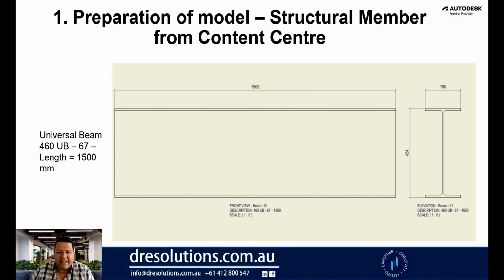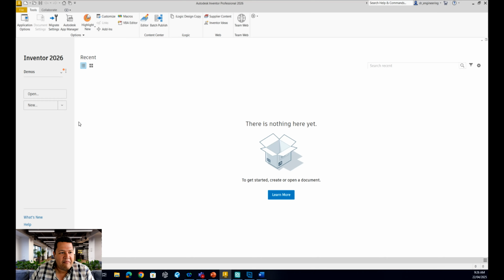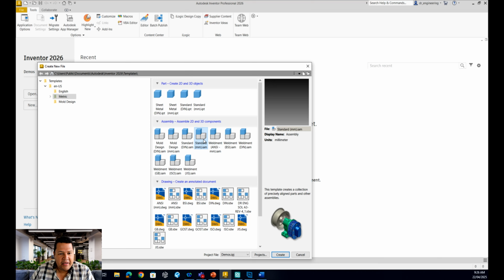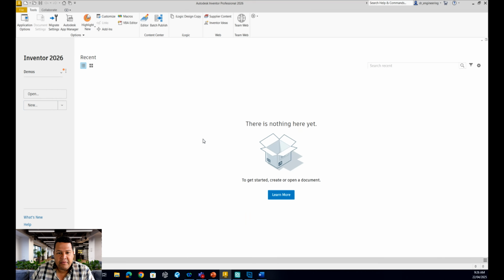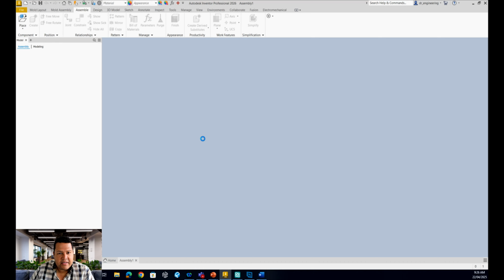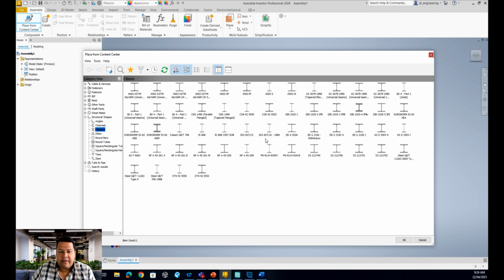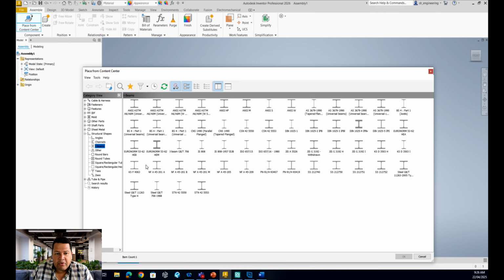So let's get started. We will go into our Inventor and we're gonna open an assembly file. Then the next step will be to go into the Components tab and place, and we click on place from content center. The Content Center dialog box will open, and we will go into structural shapes,